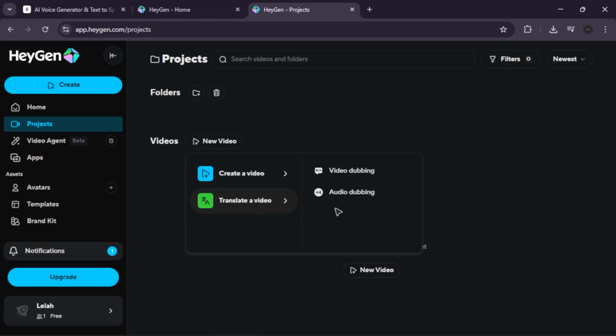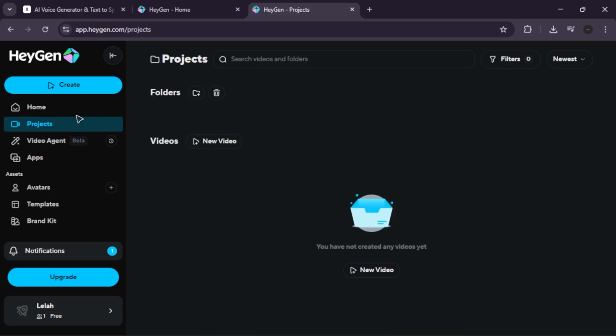This integration saves a ton of time and ensures your lip syncing is always perfectly matched to the best AI